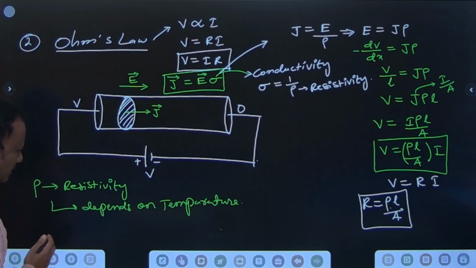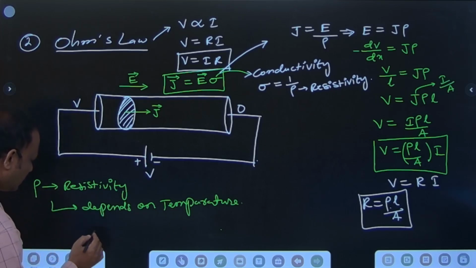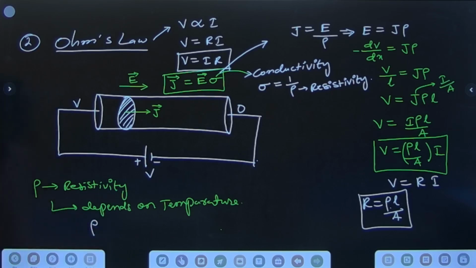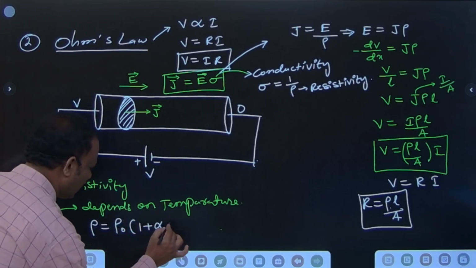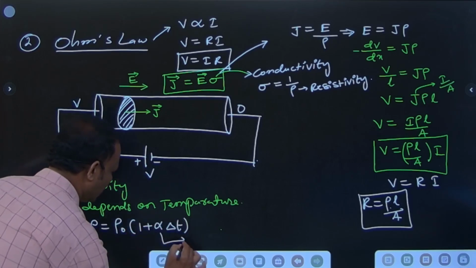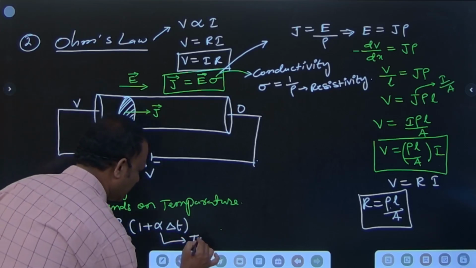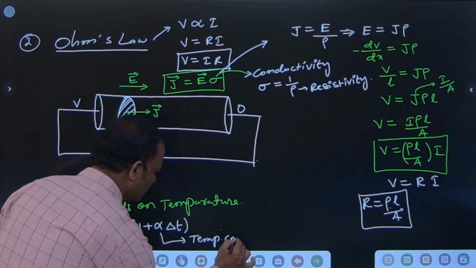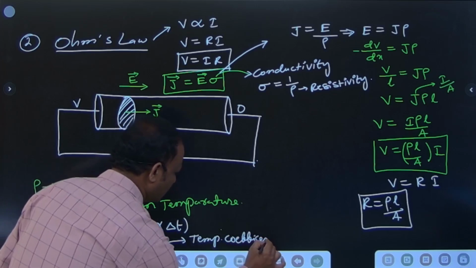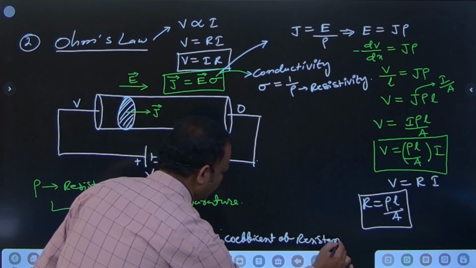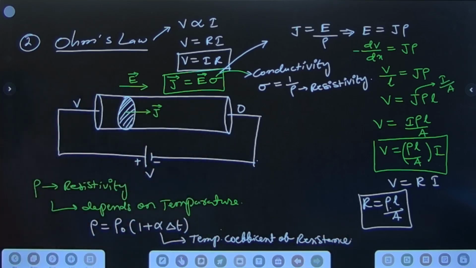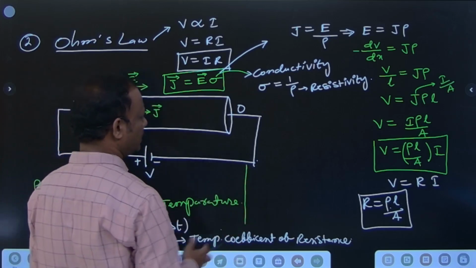Resistivity rho depends on temperature. So rho T, T is the temperature, so rho is equal to rho naught into 1 plus alpha delta T. Alpha is the temperature coefficient of resistance. Temperature coefficient of resistance. So one more condition is asked, at constant temperature,